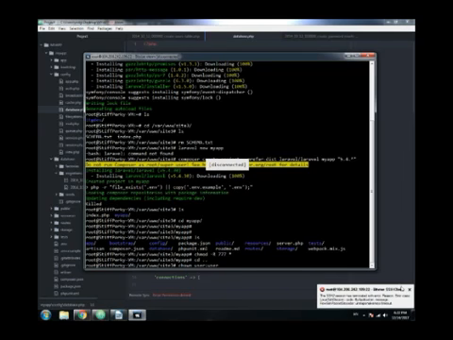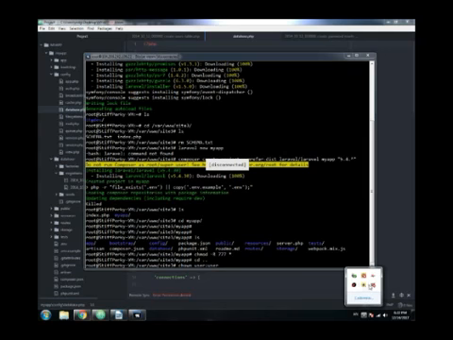Yeah, of course. I need to reconnect. When I reconnect,